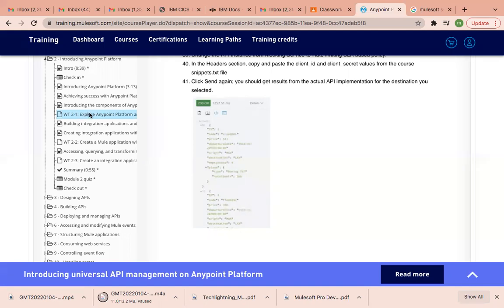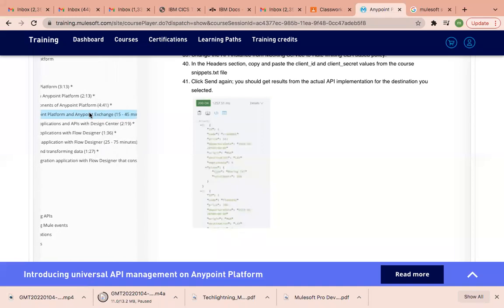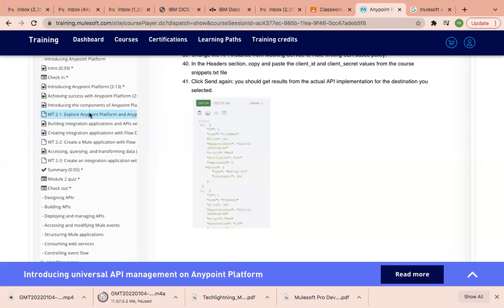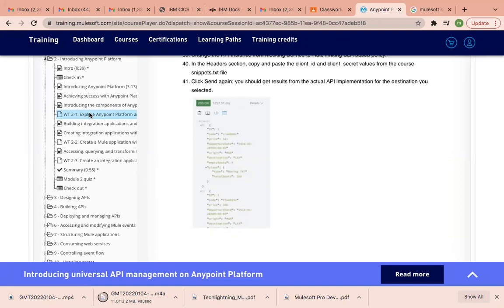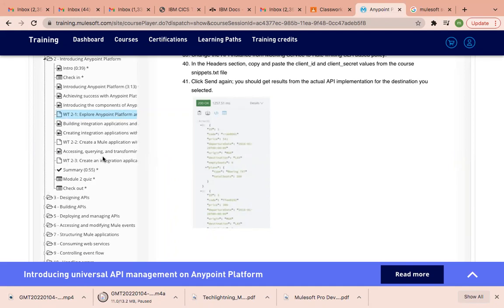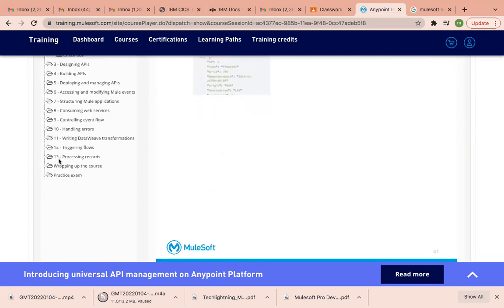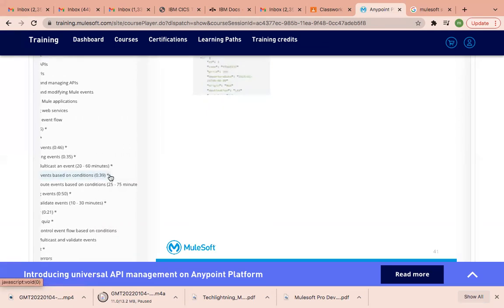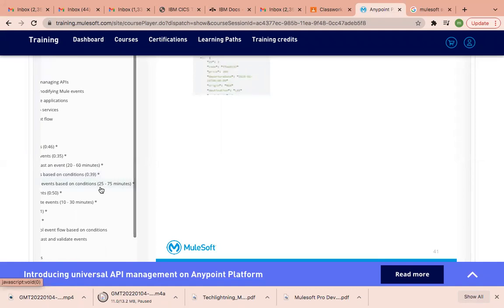What's the maximum time it will take to complete the session, so that we can plan and sit and do it once for all? See, if you want to finish this entire course, it may take 2 to 3 days, because we have so many modules, 13 modules. In this, some tasks may require us to wait more than 30 or 40 minutes. This is for 25. This is 20.